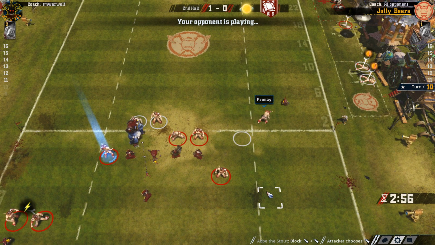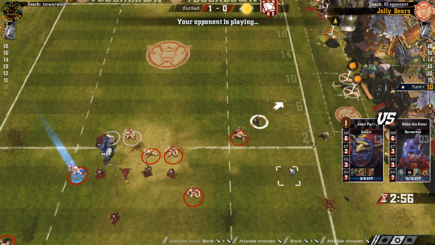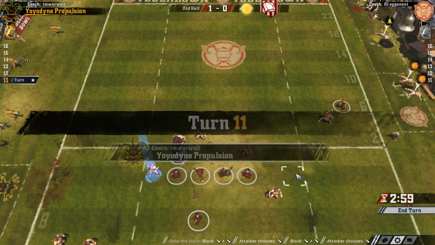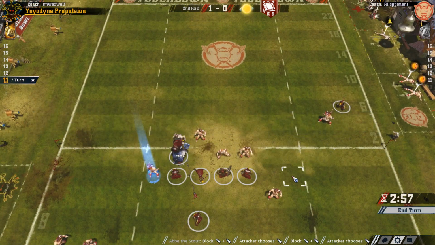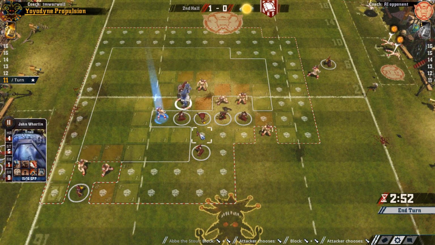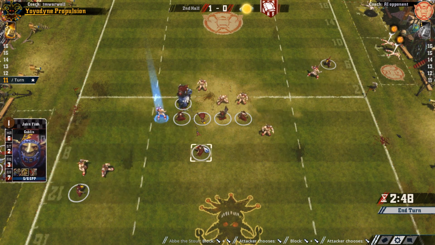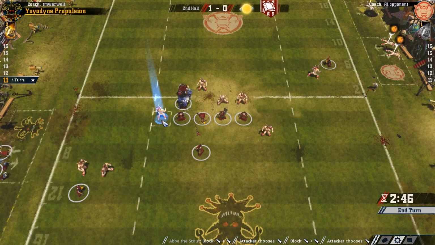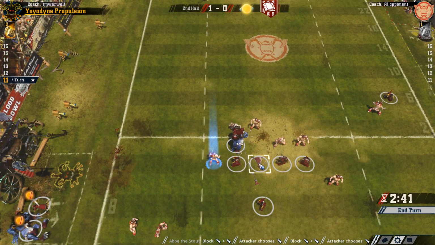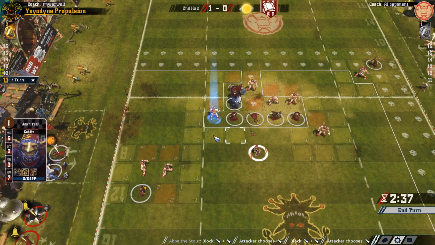John Perro is pushed back. This guy does have Frenzy. I could attempt to block with Troll, but because the Troll has Loner, it's kind of going to be hard to...